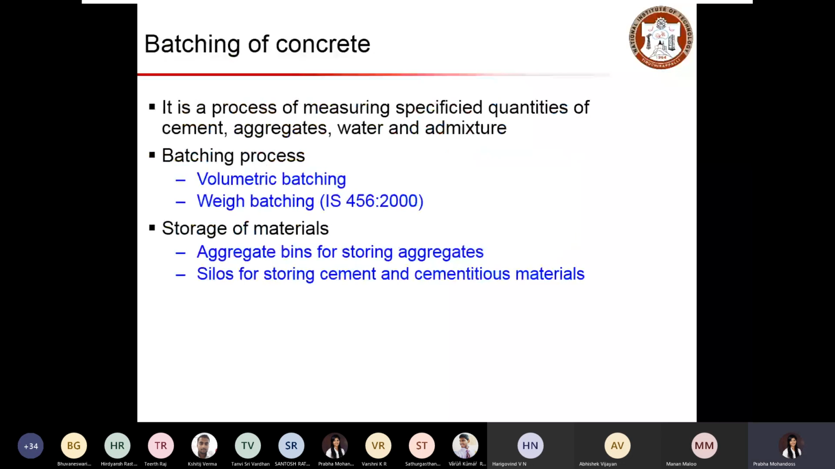So now this is the essential step that we look at. First, the batching of concrete. As I already mentioned, batching means you're going to segregate your ingredients, how much to be added for preparing concrete. For example, if, based on your mix proportion, you know that the cement content is about 420 kg per meter cube, then you will be calculating the amount of cement required for your